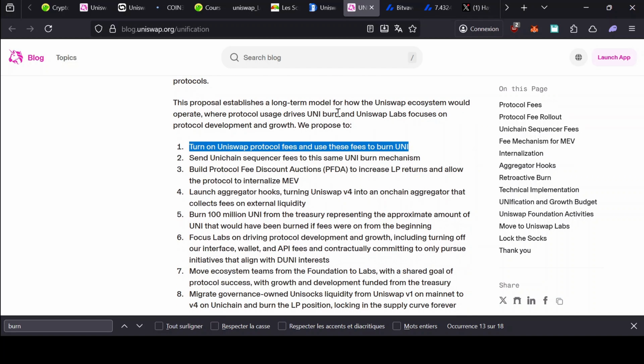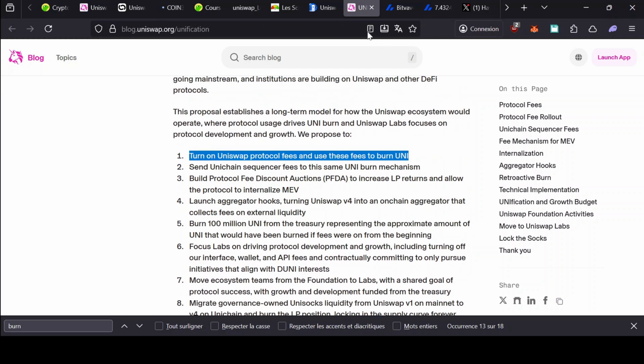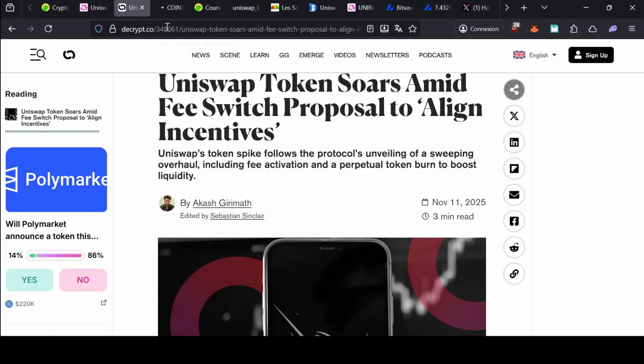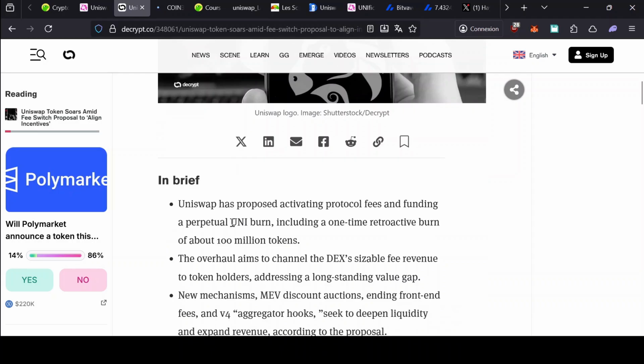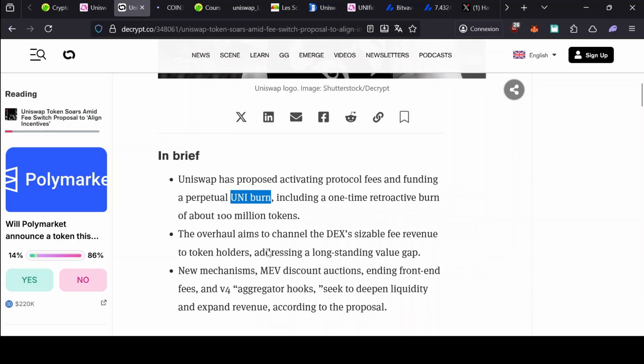The fees collected will now be converted into Uni tokens and then destroyed. They don't explicitly call it a buyback and burn, but that's exactly what it is, a buyback and burn model. They probably avoid using those terms for regulatory reasons again. I had actually analyzed the Uniswap staking module back in the day, a few months ago or a year ago,